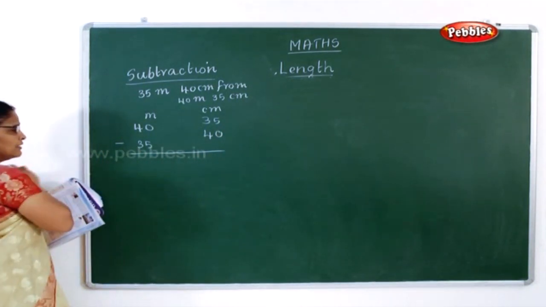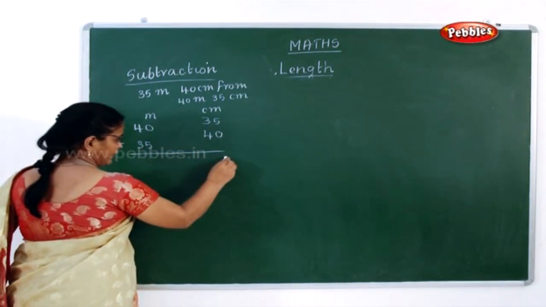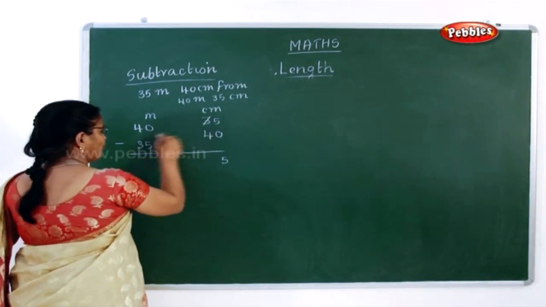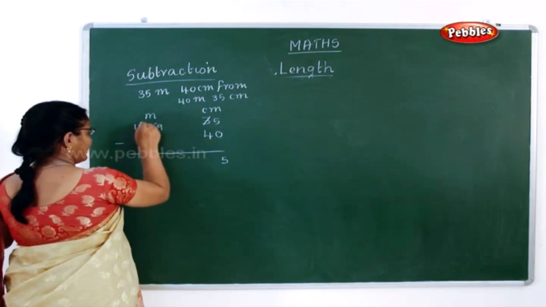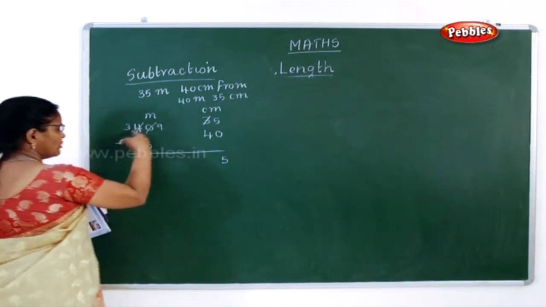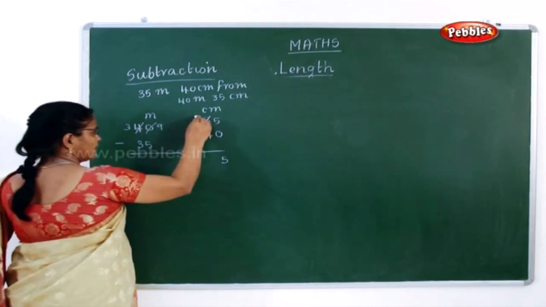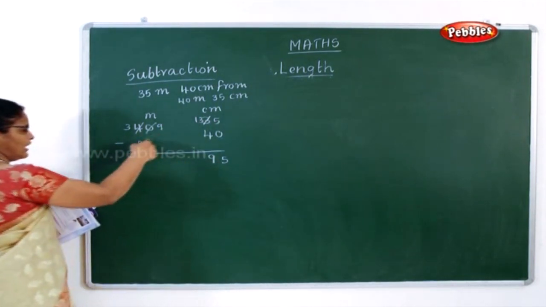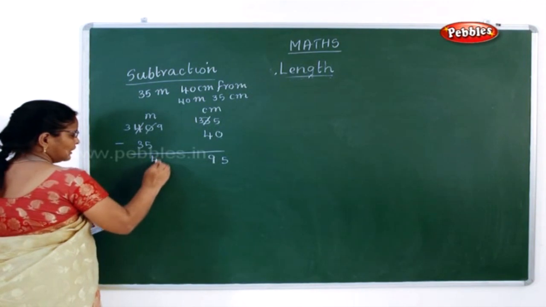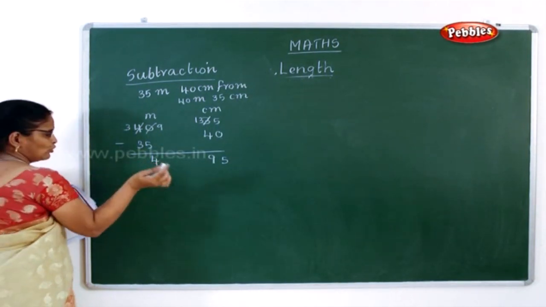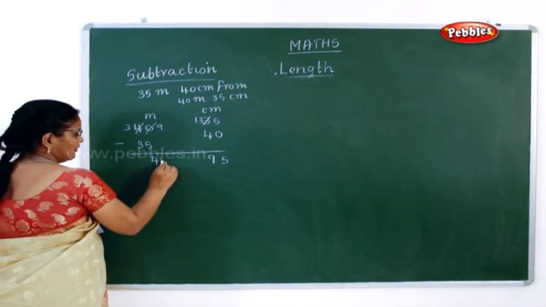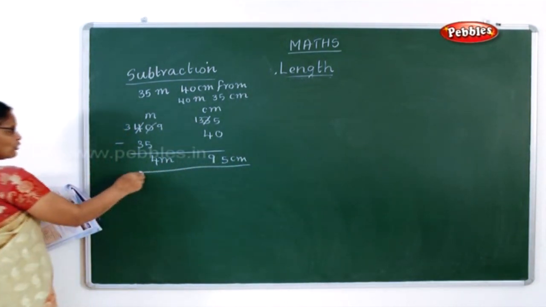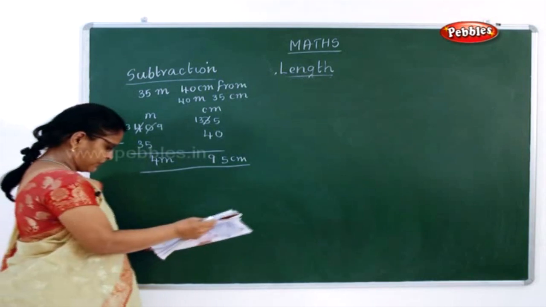Put minus here. So what is 5 minus 0? 5. Now 3 minus 4 you can't do, so you have to borrow. So this will become 9, and this will become 3, because you are borrowing from here again. So this will be 13. What is 13 minus 4? It is 9. And 9 minus 4 is 4. 3 minus 3 is 0, so don't put anything. What you have to write here? 4 meter and 95 centimeter.